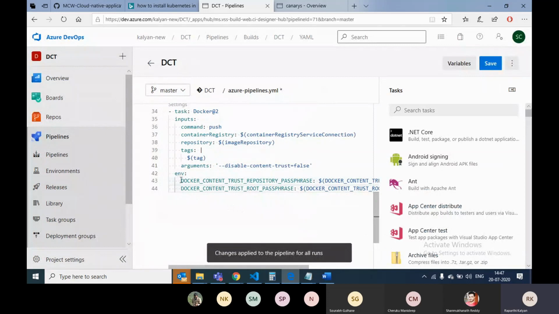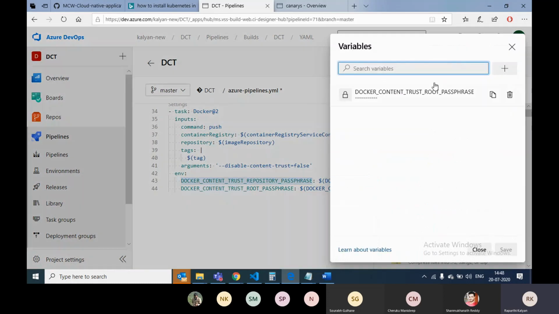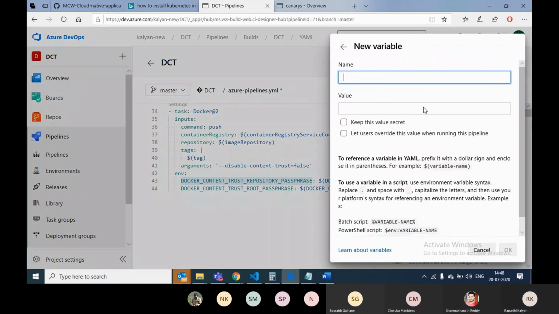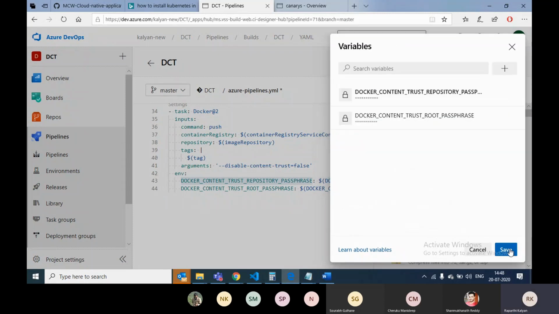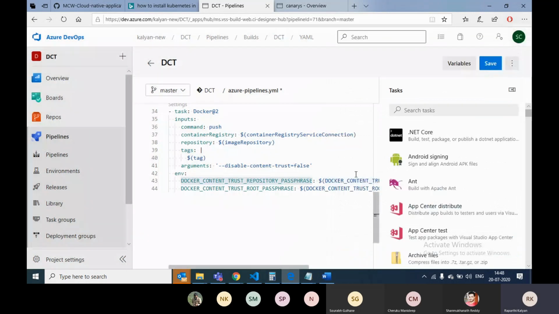And the second variable also. Yeah, so I have successfully assigned the variables.